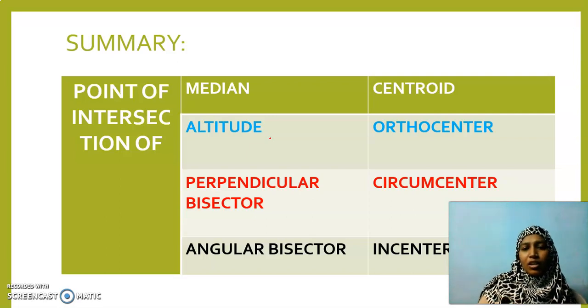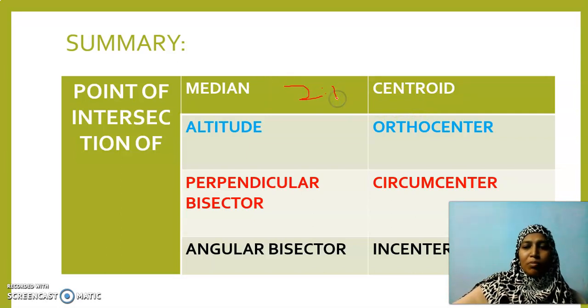Now the third one is perpendicular bisector. All these perpendicular bisectors meet at a point called circumcenter. Then we learnt about angular bisector. We will have 3 angular bisectors and all these 3 angular bisectors meet at the incenter. And we have a speciality about median. This centroid divides that median in the ratio 2:1.